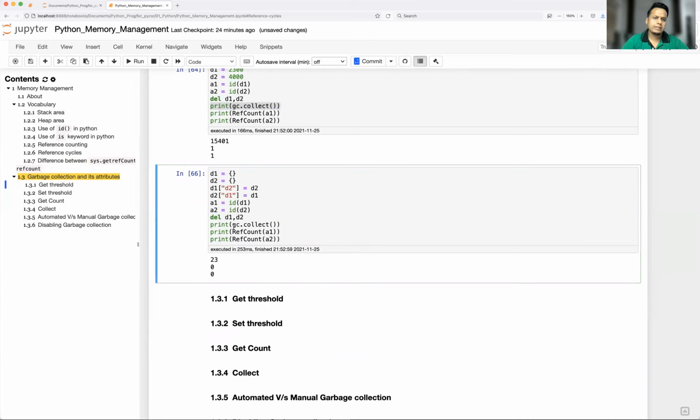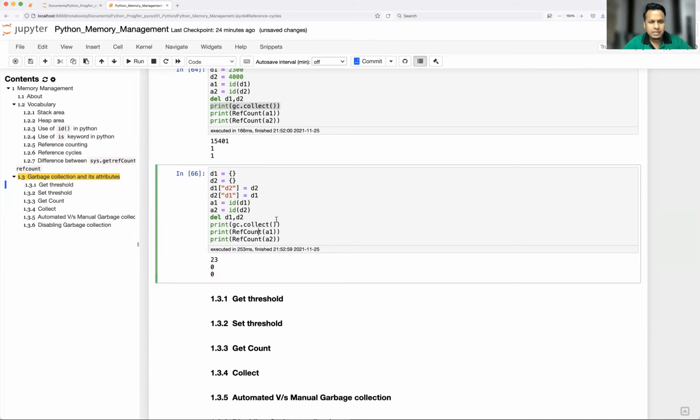Yeah, see what happened. I'm deleting d1 and d2 from memory. And before GC collection, what was happening? It was still showing one reference, right? But the moment I call garbage collection, it will take a look in the heap memory and see there's no object being referred. It will do all the collection and return the 0 reference count. Okay, that's what it does.